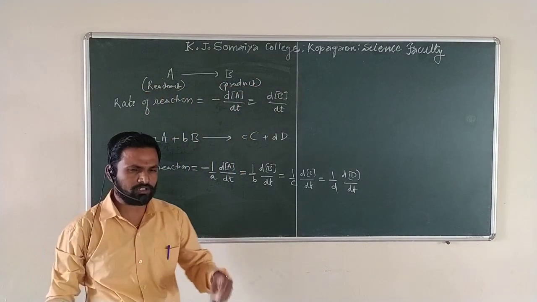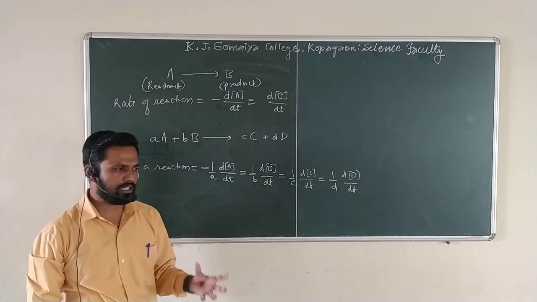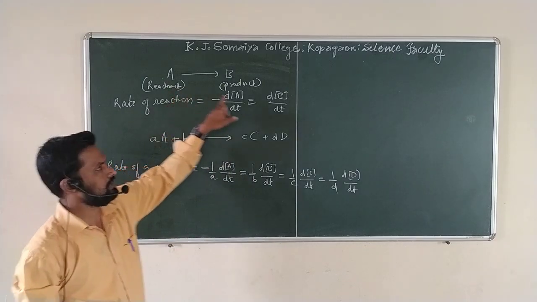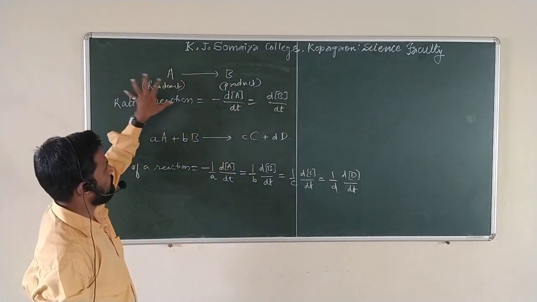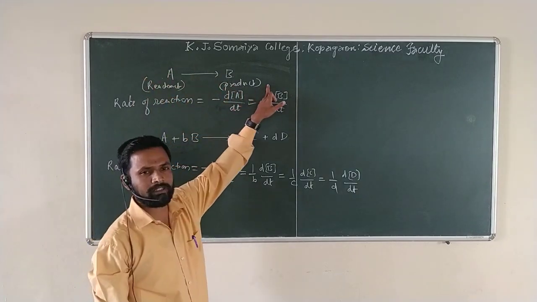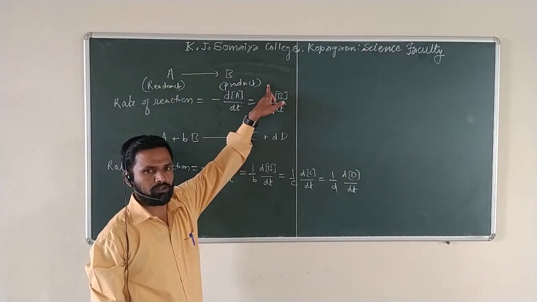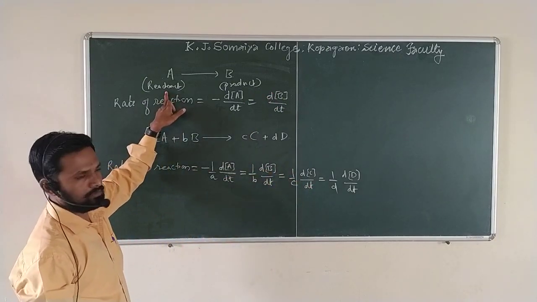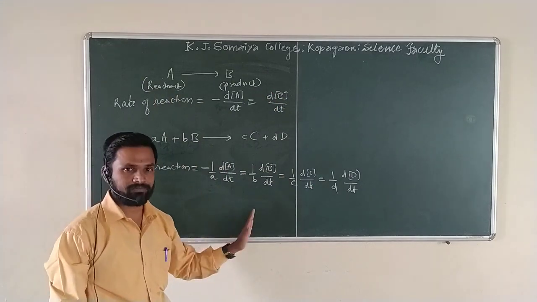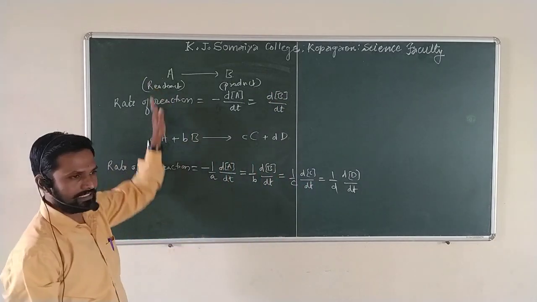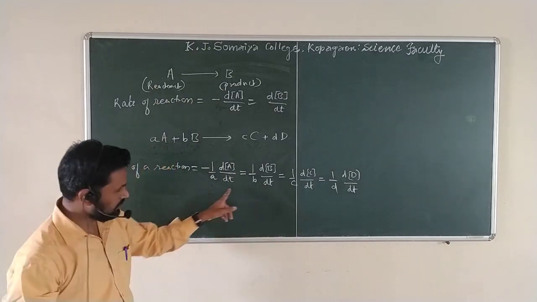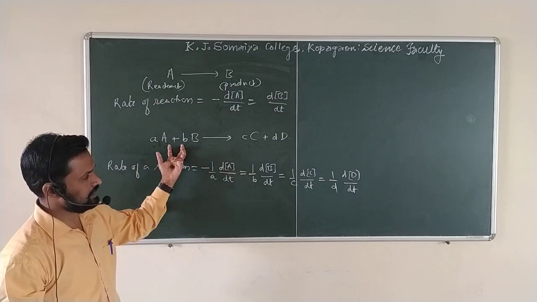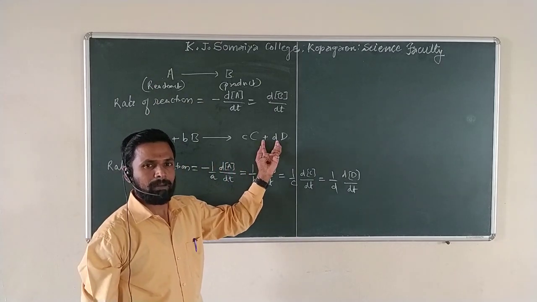We always know that for completion of any chemical reaction, reactants are converted into products. Initially we have some concentration, and after some time there must be an increase in the concentration of the product. When the reaction is going on, obviously the concentration of the reactant molecules decreases with respect to time. As time increases, the concentration on the reactant side decreases. That is written mathematically. These are stoichiometric amounts: two are the reactant molecules, and C and D are the product molecules.